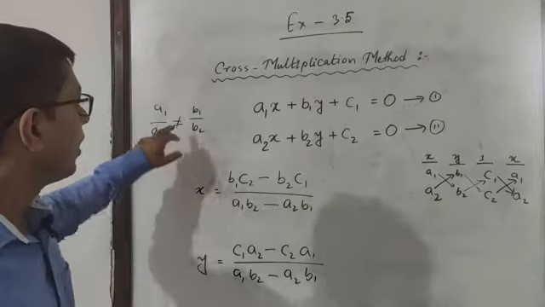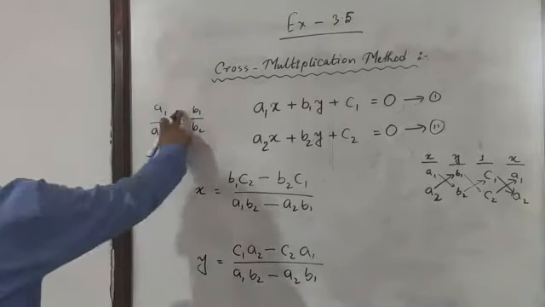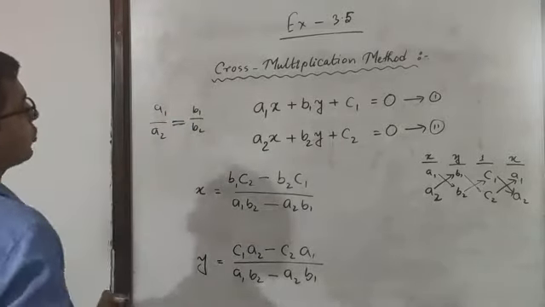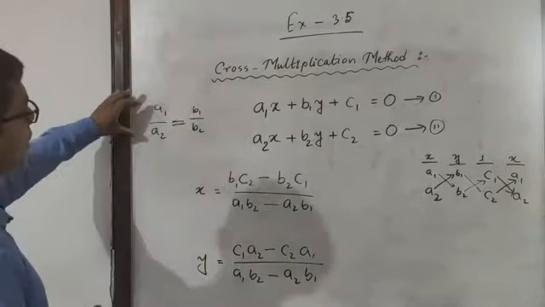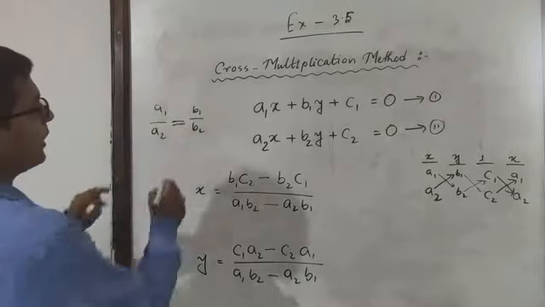And one more condition was that, the condition was if the pair of linear equations have the ratios of the coefficients like this: a1 by a2 is equals to b1 by b2 but not equals to c1 by c2